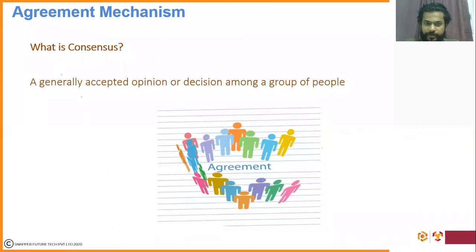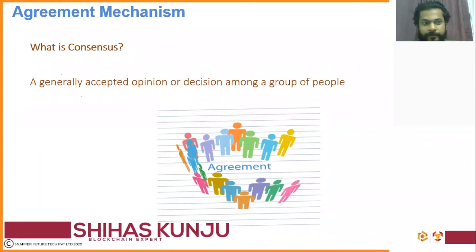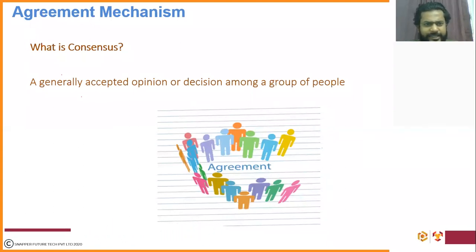Do you think so? Don't you think we have actually been using this terminology, we have actually been having consensus throughout our life for a lot of things, wherever there is a group involved? Yes or no, let it be going for a movie, let it be going out, let it be going for a trip or anything. If you're going as a group you need to decide the time, you need to decide the date, and everyone has to agree on it. And once the majority has said so, then you have to do it. Like if one or two are left around, you have to follow.